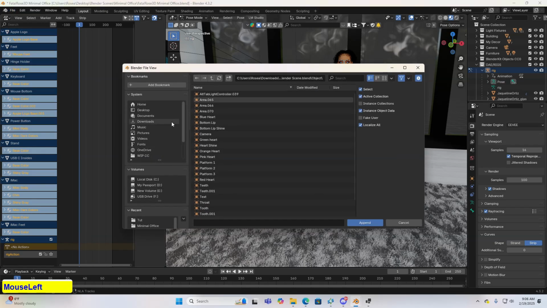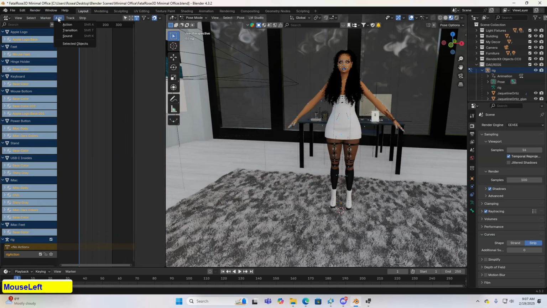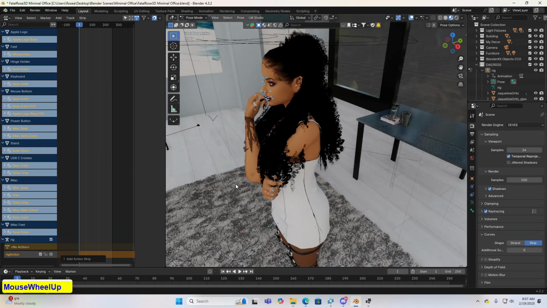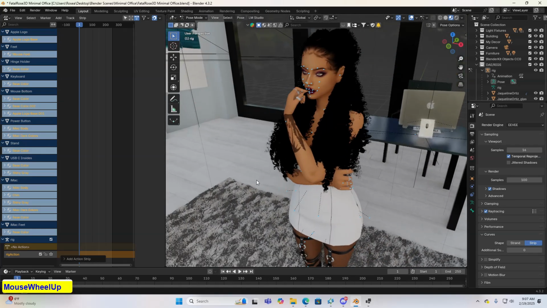File. Append. We'll go get a pose. Add action strip. And there we go. Now, if you decide, say my sim was bigger and she wasn't quite fitting properly, or